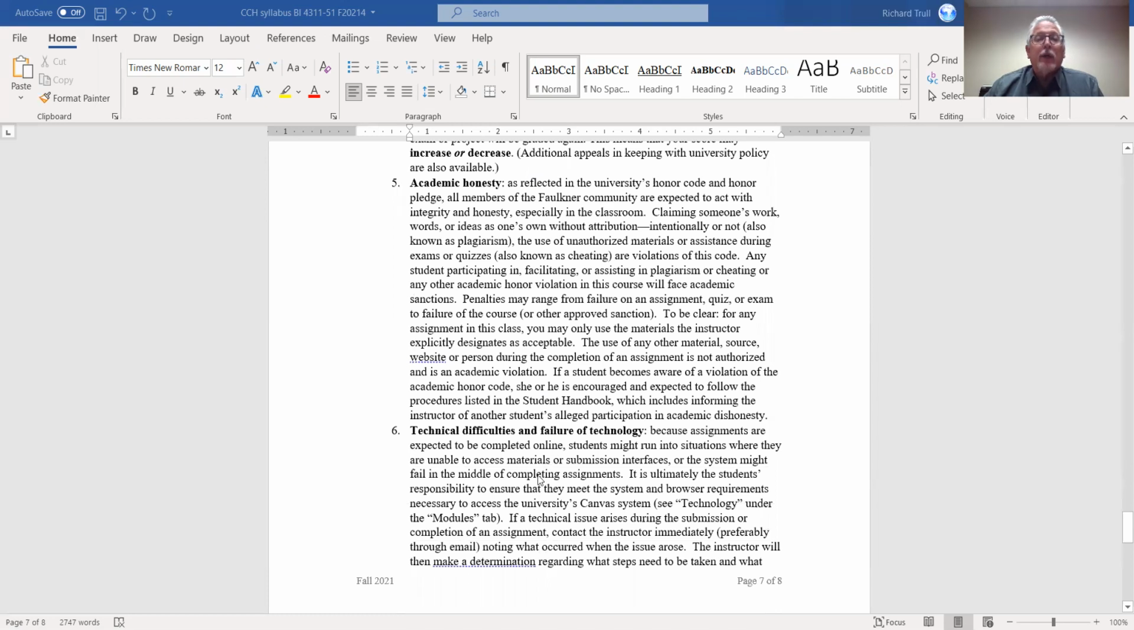Academic honesty, as reflected in the university's honor code and honor pledge: all members of the Faulkner community are expected to act with integrity and honesty, especially in the classroom. Claiming someone's work, words, or ideas that are not their own without attribution, intentionally or not, also known as plagiarism, and the use of unauthorized materials or assistance during exams or quizzes, also known as cheating, are